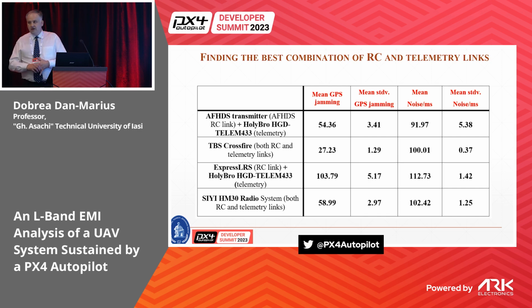Now, you see here the results. You see that the TBS Crossfire link is the best one, the one that generates the lowest value of the jamming indicator, and the worst situation is with the ExpressLRS link. But ExpressLRS is an open standard. The hardware and the software are open standard, and many producers can build different types of